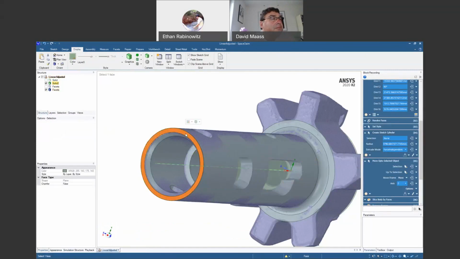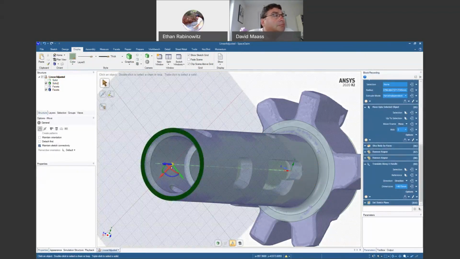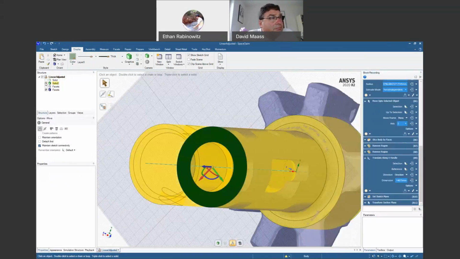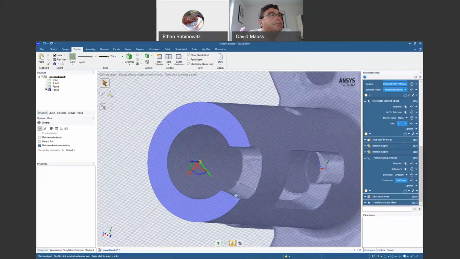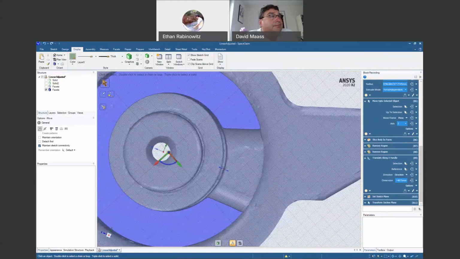Grab this face, X for cross section, move it, and then hide our solid. Oh yeah. I don't think they're parallel. No, they're not. Yeah, and so